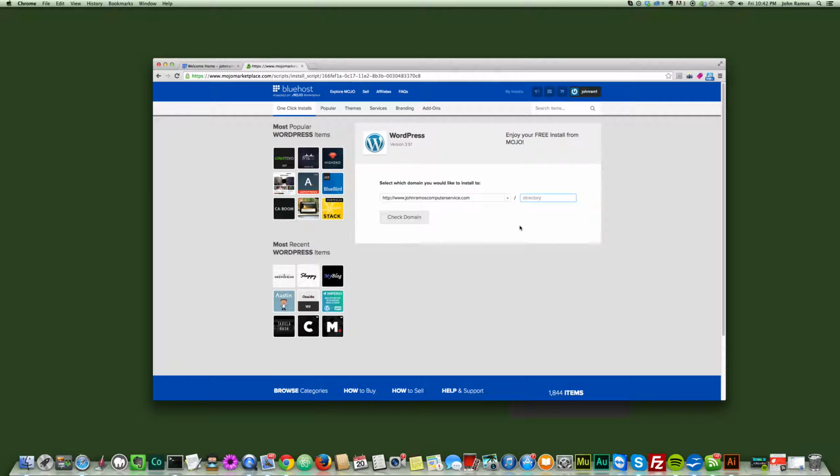Now, if you have a main website but you want to install another website, let's say in another directory or another folder within your hosting, your domain and hosting, you would type in, let's say, mydomain.com, and then the slash, and then you'd say new site, or you could call it test site, or whatever you feel pertains to that